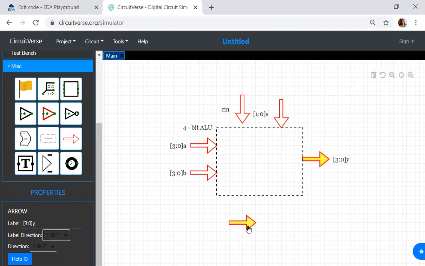This is Y. What is the other output which I get over here? That will be C out. So the last output I am getting is C out. So this is how a 4-bit ALU will look. Based on the input select line, which we call the control signal, this arithmetic logic unit will perform either addition, subtraction, AND operation, or the negation operation of our design.